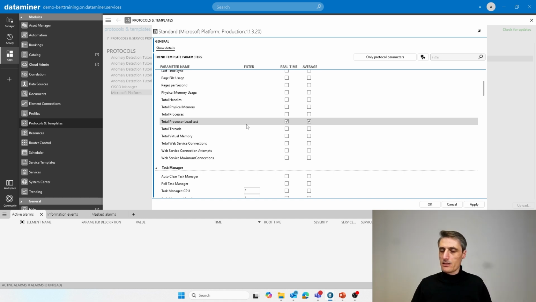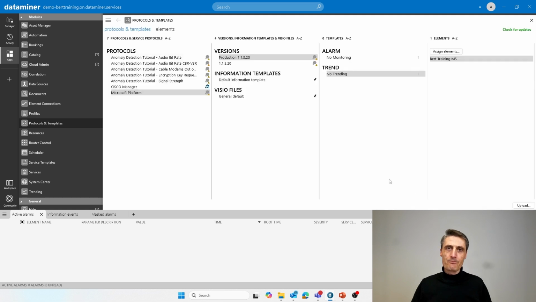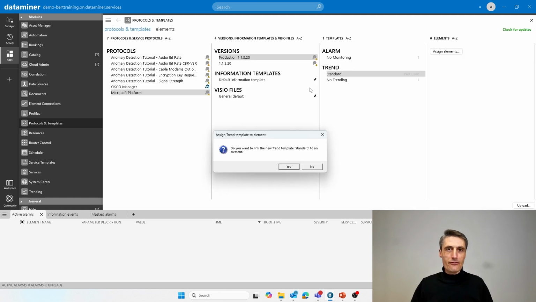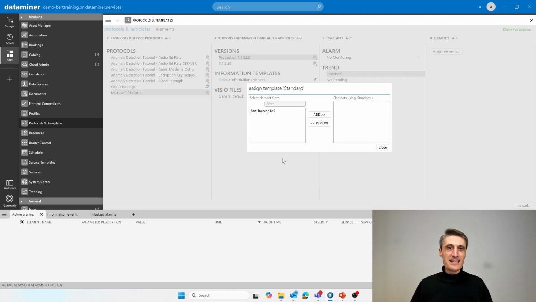Let's just take it as a first step here and click on OK, and it will immediately save my trend templates in the background there. The standard is there, and it immediately asks me, do you maybe want to assign it already? Well, yeah, why not? Yes, let's do that. And I have my Microsoft element that I can select, and I can just add it to the ones that are using the standard,